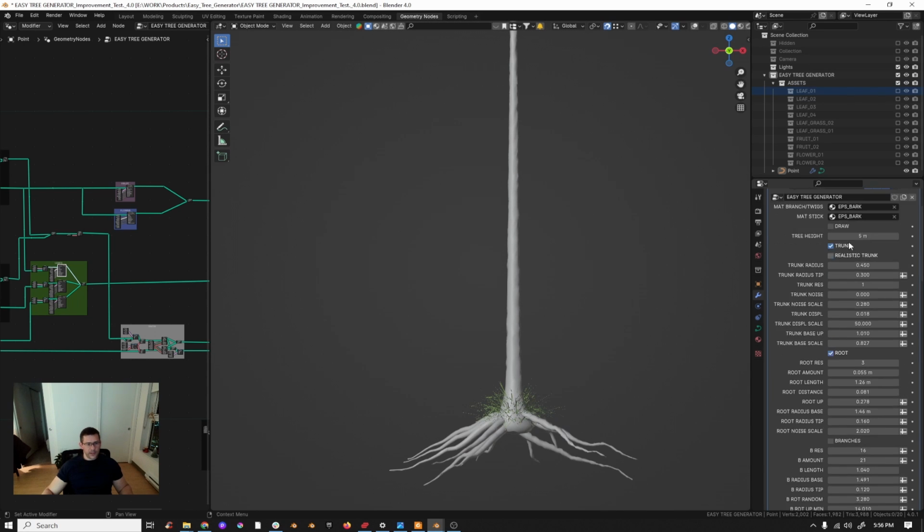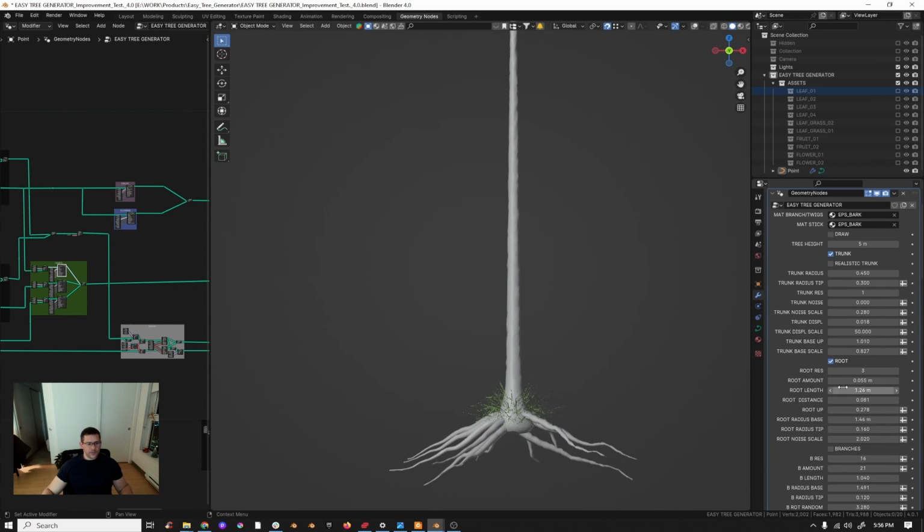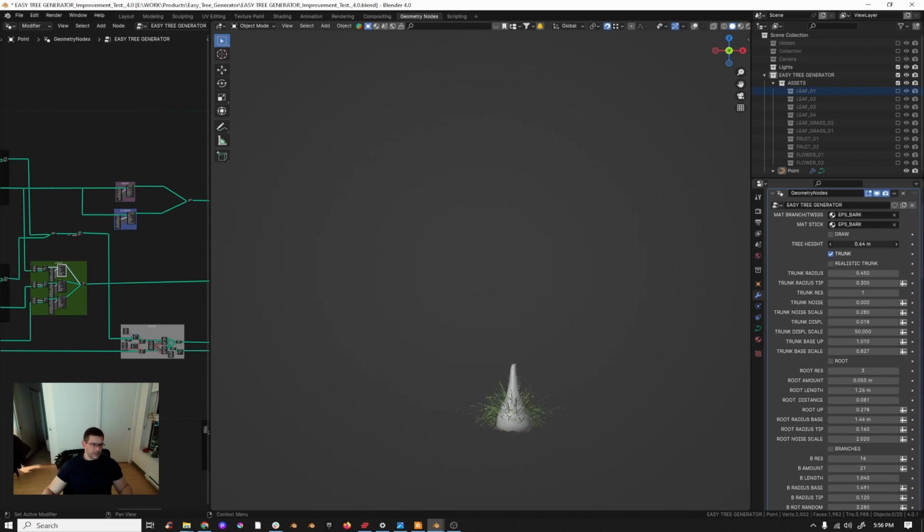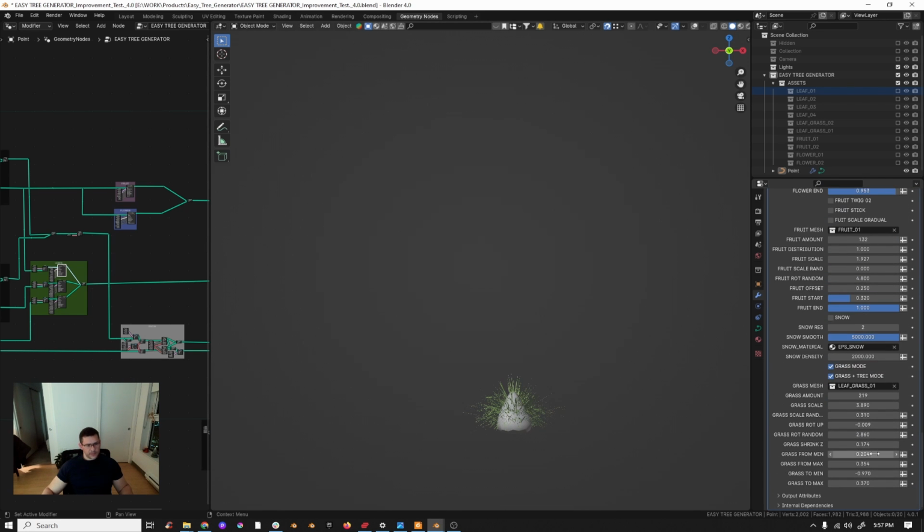Let's remove the branches, let's remove the roots, let's bring the tree down, something like this, and get the grass scale up, something like this,